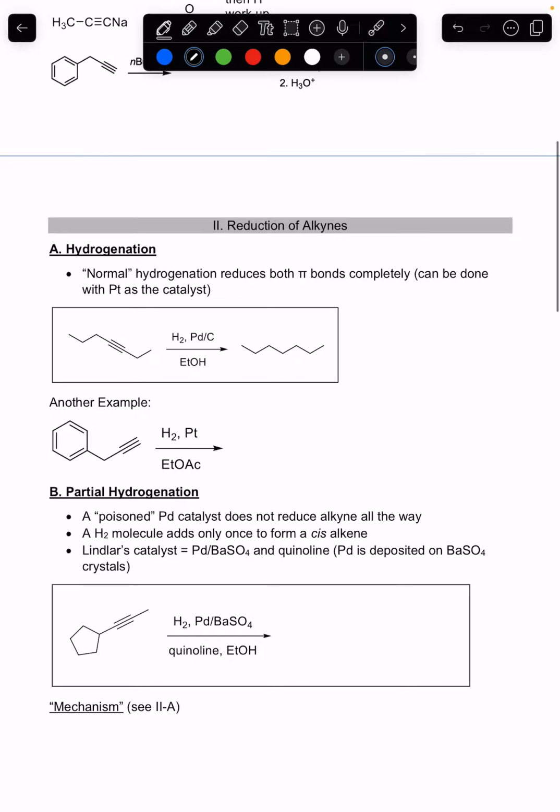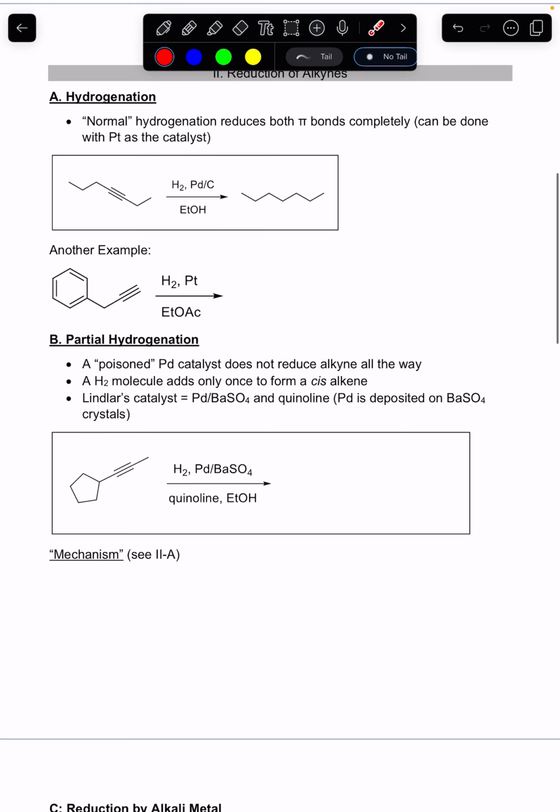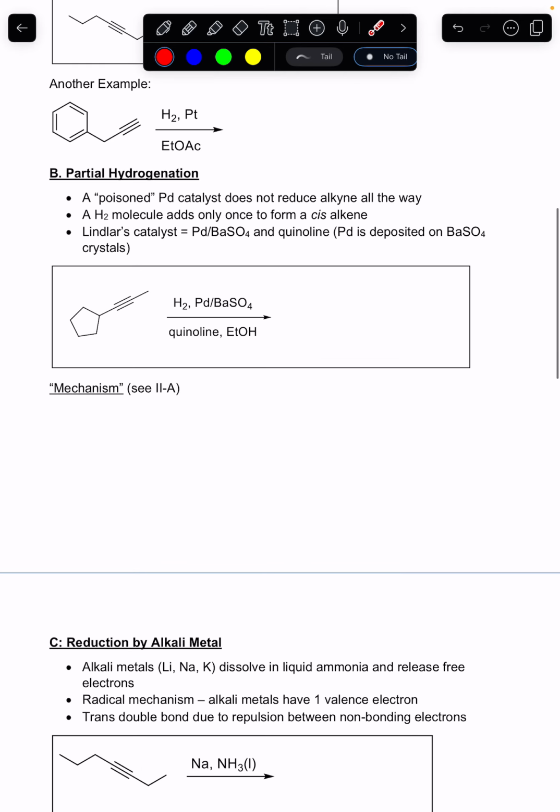So that's really all I would say about that. I want you to think about the products to this. We'll compare answers during class. Now, the only sort of new type of hydrogenation we might discuss is the